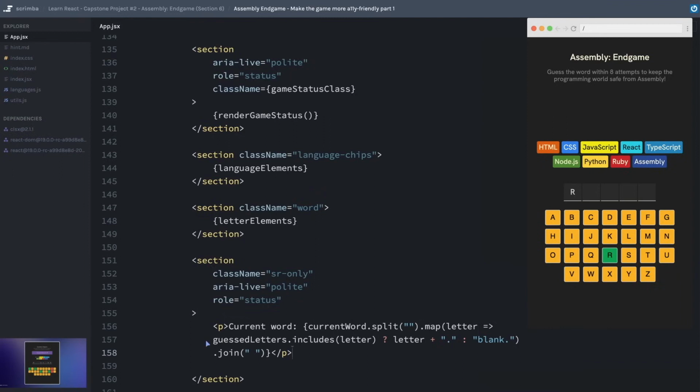There's a little bit more that I want to add to this section, but since we've bitten off quite a bit in this lesson, I want to give you a chance to review what we've done, maybe think about other apps that you have created, and see if there are any of these accessibility rules that we've talked about that you could apply over there. There's one other thing I want to add to this section, which we're treating like a generic screen reader status update section, and we'll do that in the next lesson.